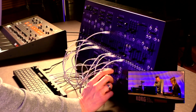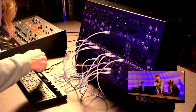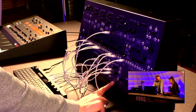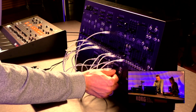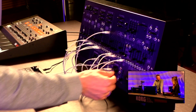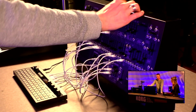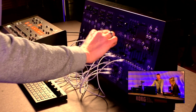And a little trick I didn't actually use when I was performing is I'm controlling the KORG sequencer from the internal clock of the ARP. So it's not the other way around? No, in this case he's the master. I would have thought the other way around. So then you can do a really...